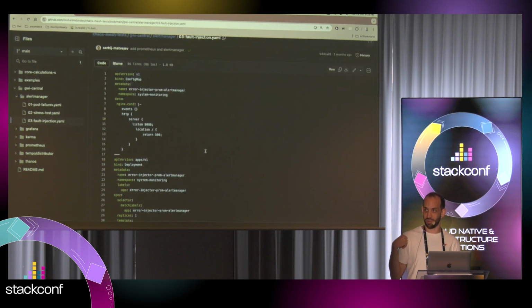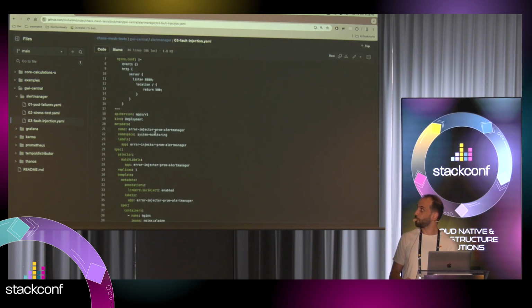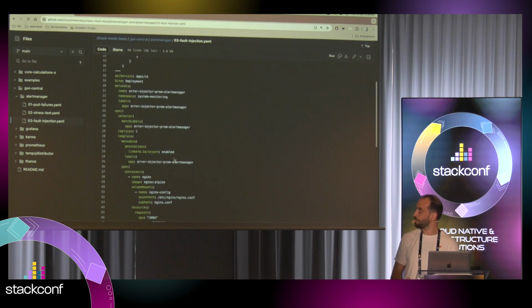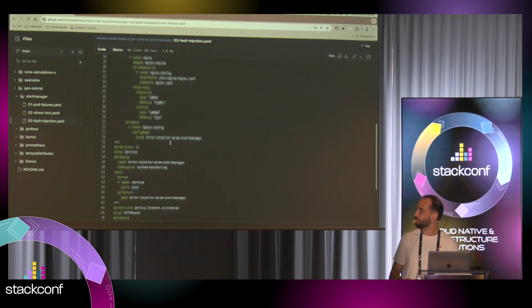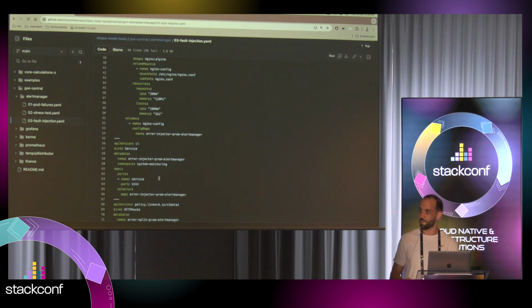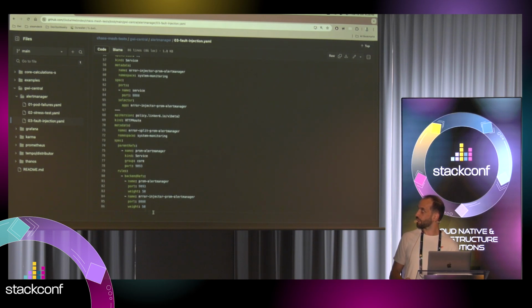These are coming from LinkerD, the service mesh. Now, if you're not familiar with LinkerD or with service mesh, it doesn't matter. What we have here is just a Kubernetes config map. It's easy, just a simple Nginx configuration. Then we define a new deployment. This is our Nginx deployment that just uses this Nginx image and loads the configuration. Then we have a service that points to the deployment we just created. And all the work is being done through here.